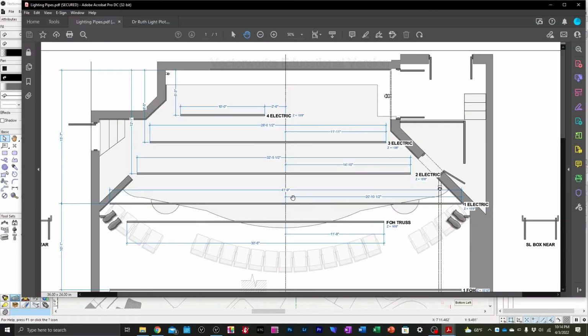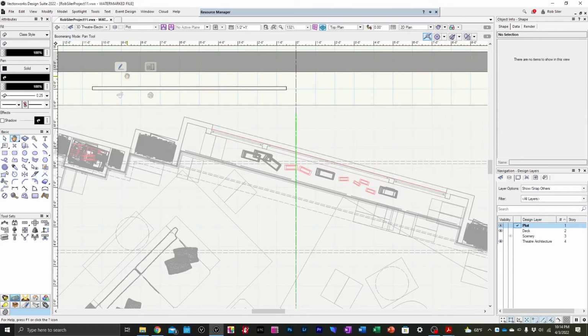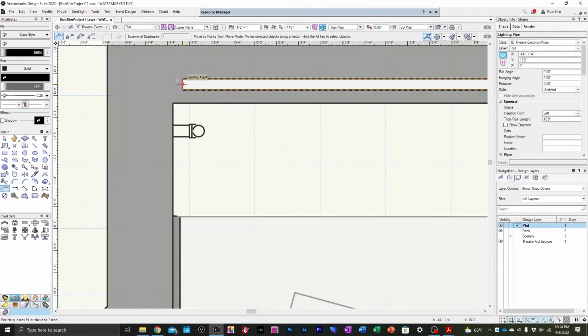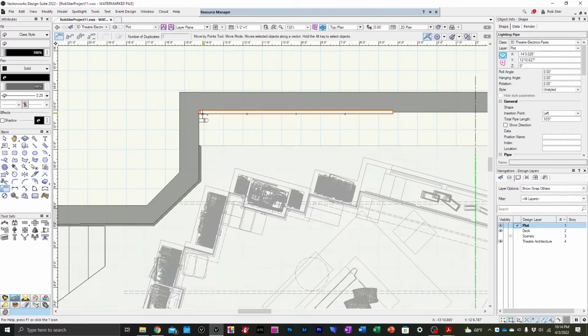We bounce back to the PDF. We need to get it 5'3" from the back wall. So I'm going to move this over. And I'm actually going to use a tool that's called the Move by Points tool. If you haven't used this before, what this allows you to do is pick a snapping point. I'm going to click on the object with it selected, and then I'm going to click where I want it to end up. So now I've aligned the center of this lighting pipe to the back wall,